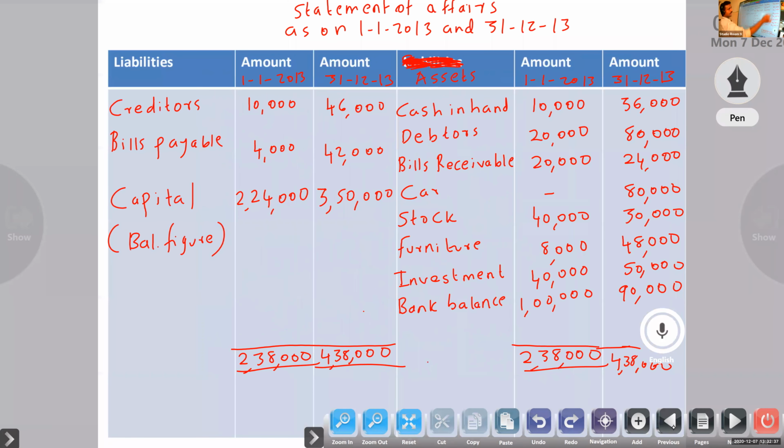So closing again we will prepare. Only closing. Then from car you have to minus depreciation, furniture less depreciation. Then here outstanding rent will come. Capital same, only closing 3,50,000. So that is the adjusted one. Okay, outstanding rent, that you don't need. So the question will come like this pattern only. Statement of profit and loss.